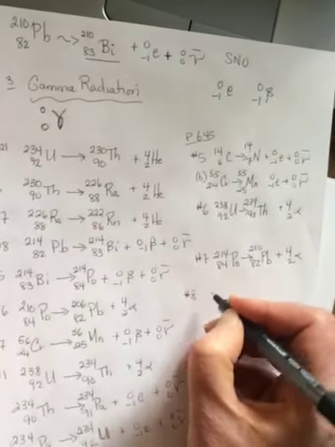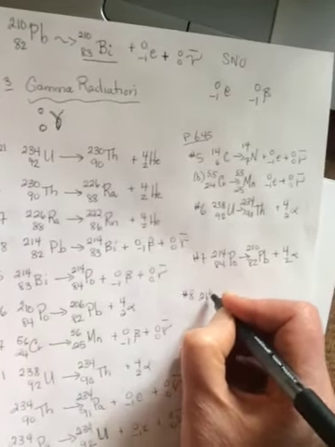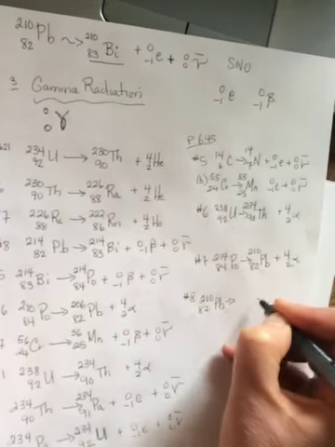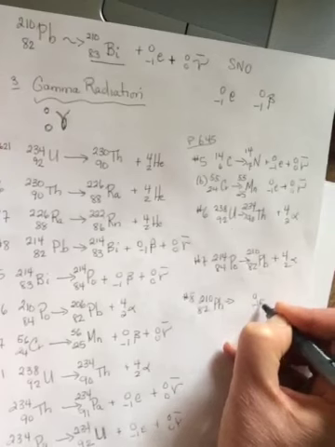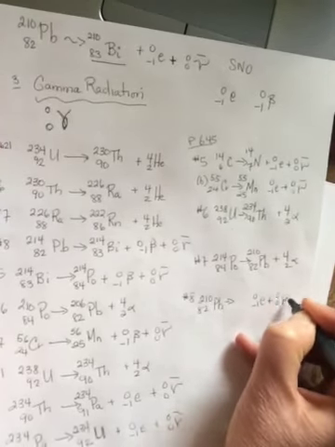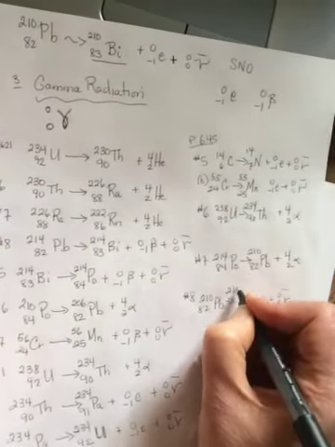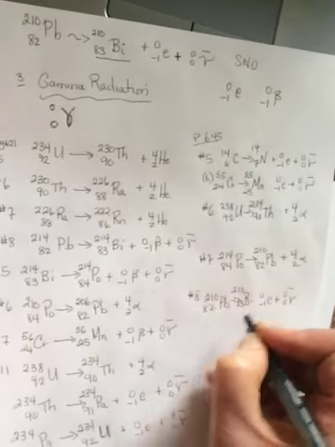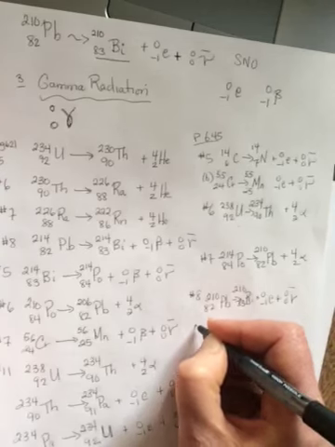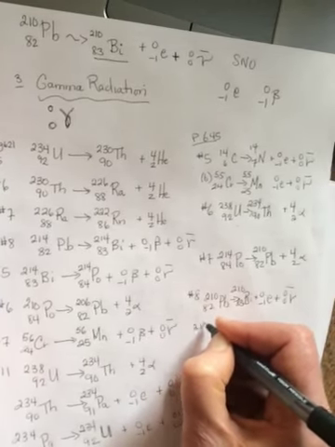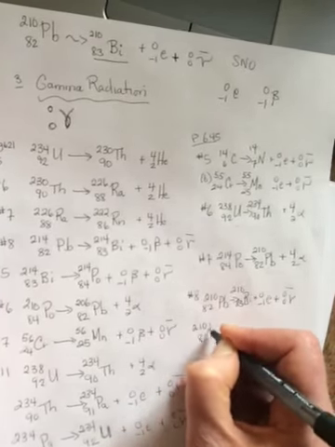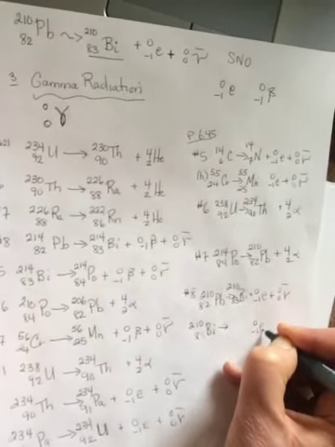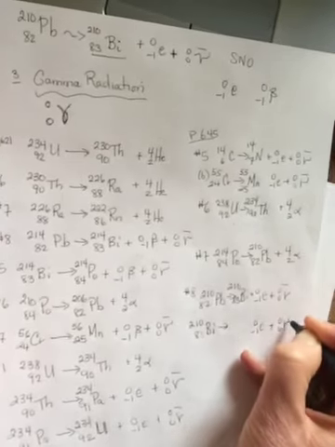Number 8 has all beta decays, so 210, 82 Pb, and it's giving off a 0, negative 1 E and an antineutrino. And so this has to be 210, 83, which will be bismuth. My pen is dying too. Again, a beta particle and an antineutrino,